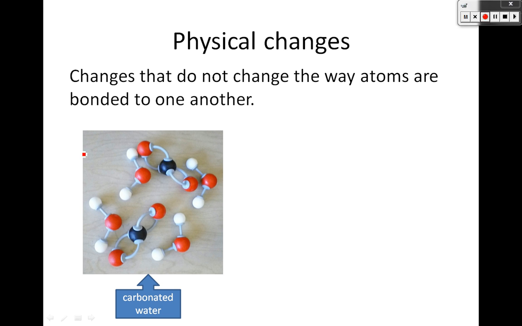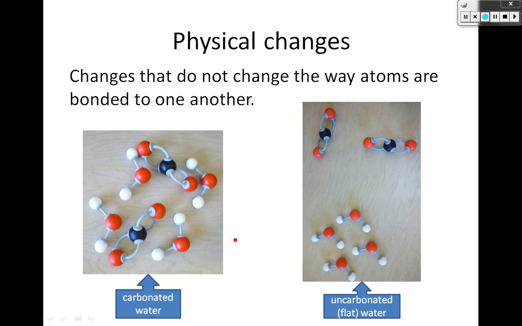So here it's all mixed in, and in fact the carbon dioxide, because it's been pressurized, is liquid. And then once you decrease the pressure, you get uncarbonated water, or what we would call flat. So here's our water down here, and then the carbon dioxide bubbles out and goes out into the atmosphere as gas off on its own. We could even draw a little beaker around this. There's our beaker. And then we're left with just water, and the carbon dioxide floats out into the air and goes off on its own,